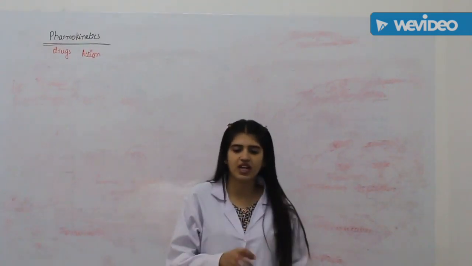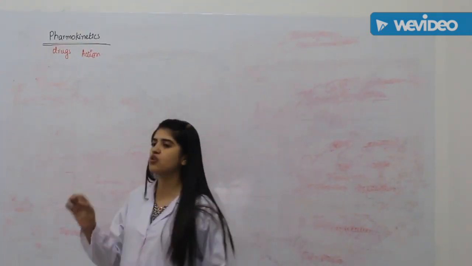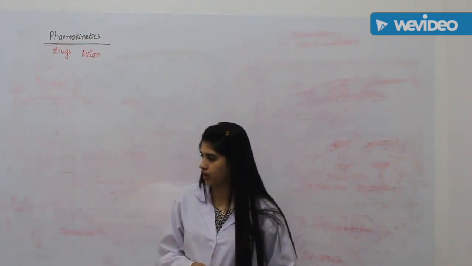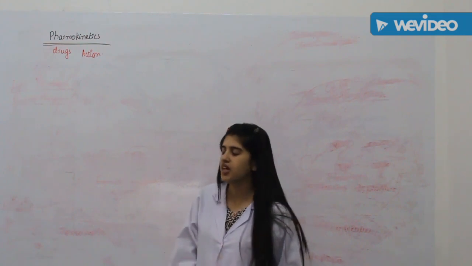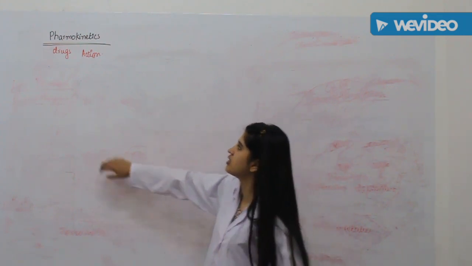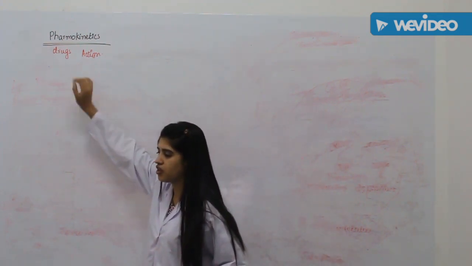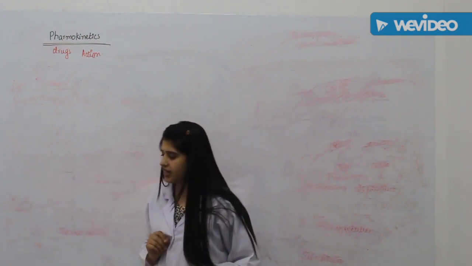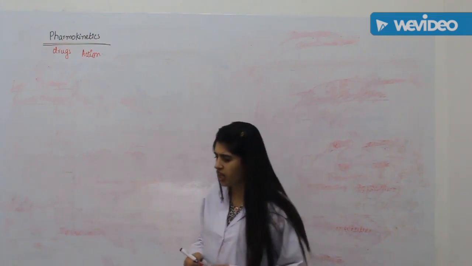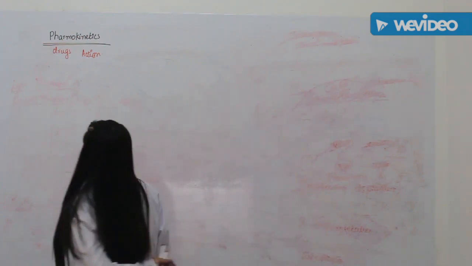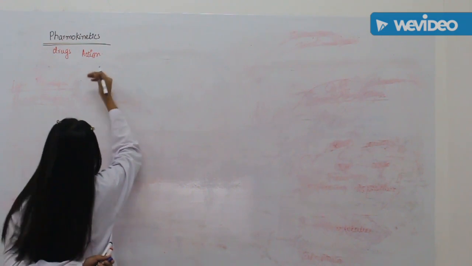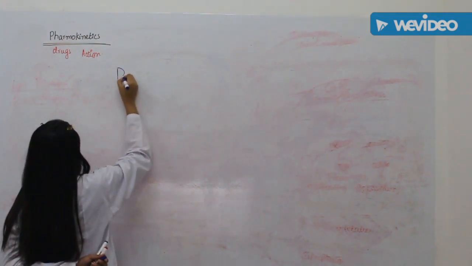If you know the pharmacokinetics, then you can get to know each and every drug. So it's just all about cramming afterwards. The main mechanism lies under this topic. So you have to be very clear about the concepts in pharmacokinetics. First of all, pharmacokinetics leads to four basic things. What is drug